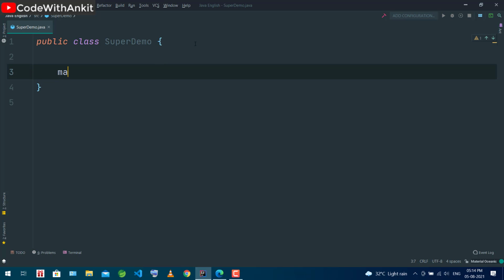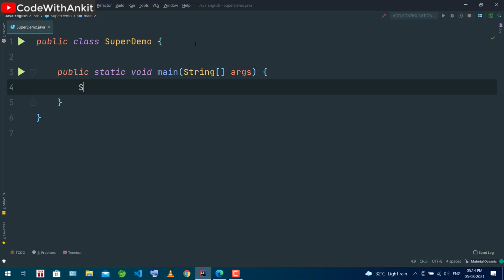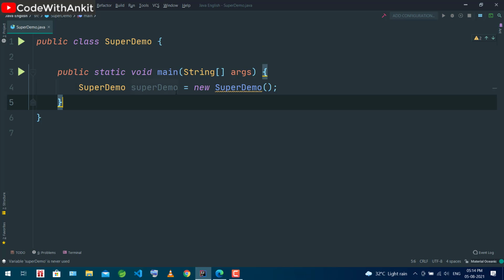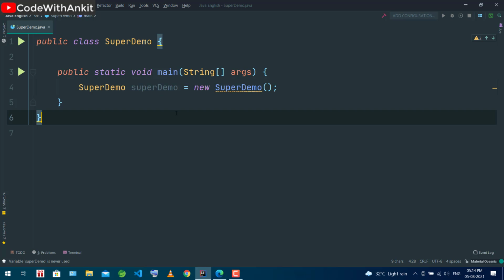Here if I write main, and now I make the object of SuperDemo, SuperDemo equal to new SuperDemo, right? If I ask what this SuperDemo is, this is nothing but a reference variable. I hope you are all clear with that.